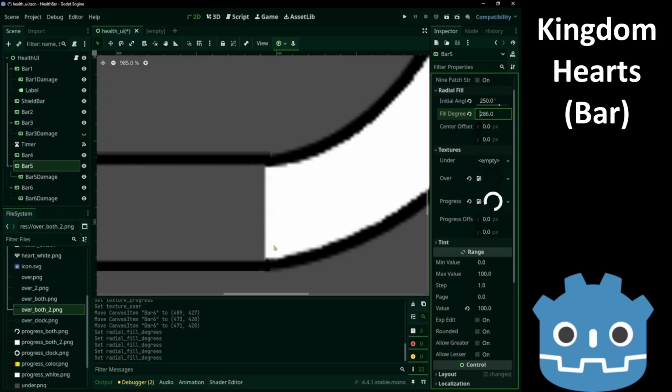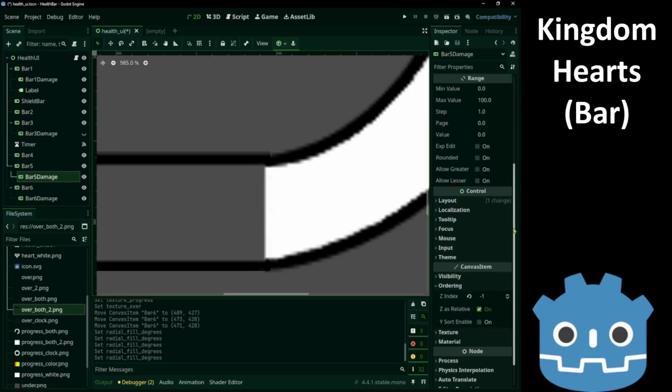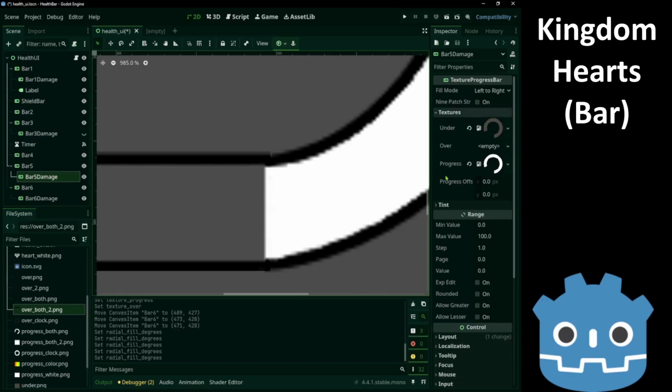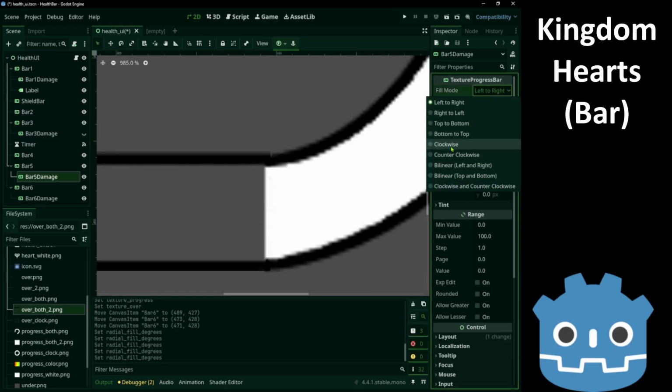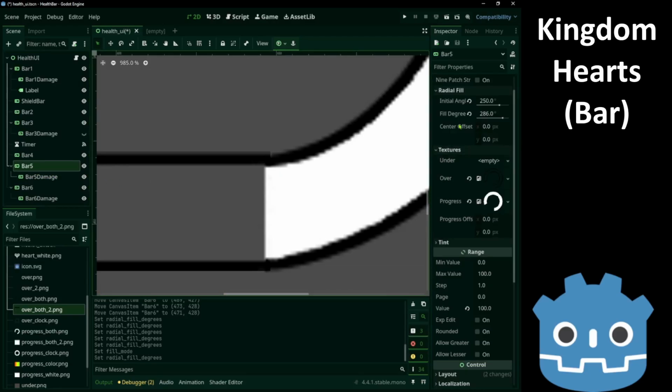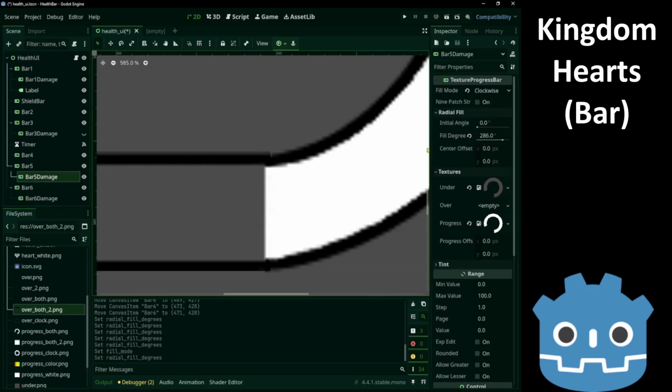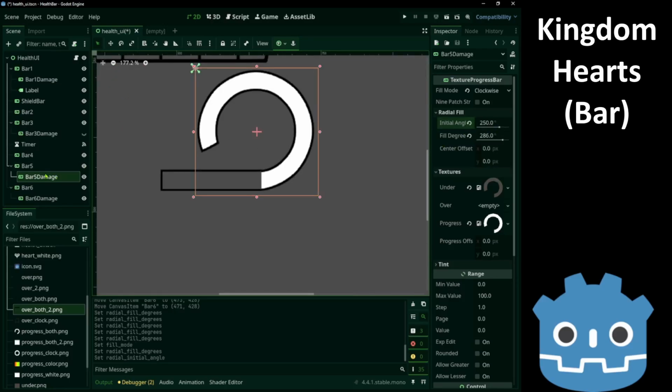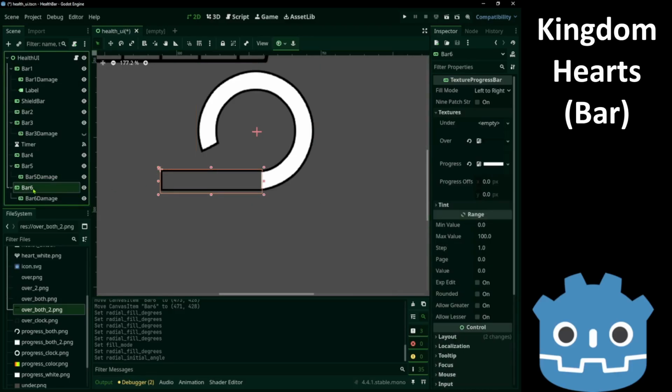So there is a problem here. So it's 286. And we also have to copy these values on our bar 5 damage. Clockwise, fill degrees, paste the value, and paste here. Now both bar 5 and bar 5 damage have the same fill mode and the same angles. Now back to bar 6.